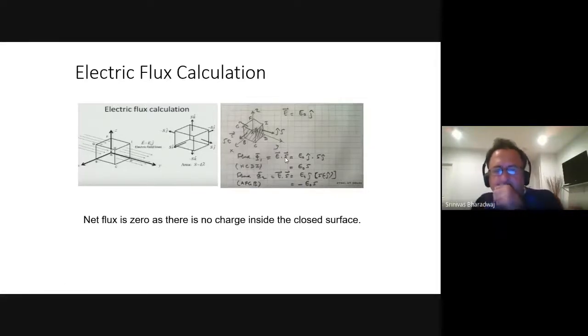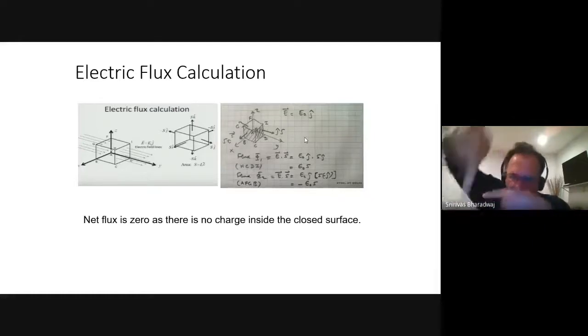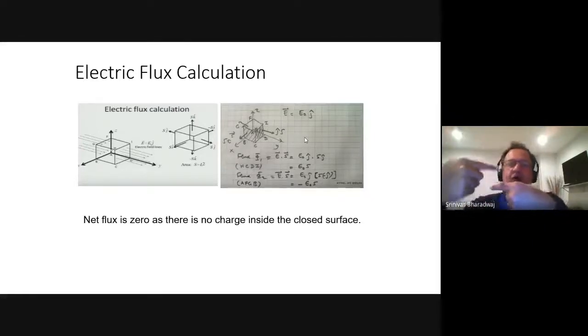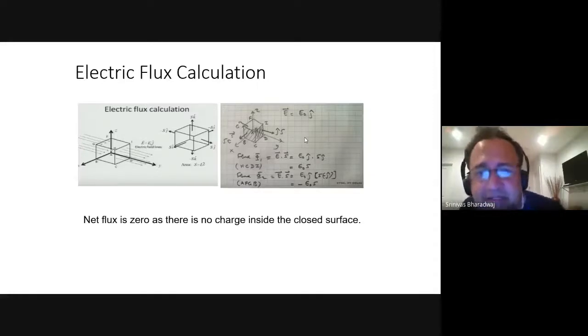HCDI, right? For HCDI, E is positive, S is positive, it will be positive E times S, right? And the angle is 0, right? Now, for the other four surfaces, E is like this, S is like this, or like this, or like this, or like this. So, when E is like this, S is like this, or like this, or like this, or like this, right? If that is the case, E dot